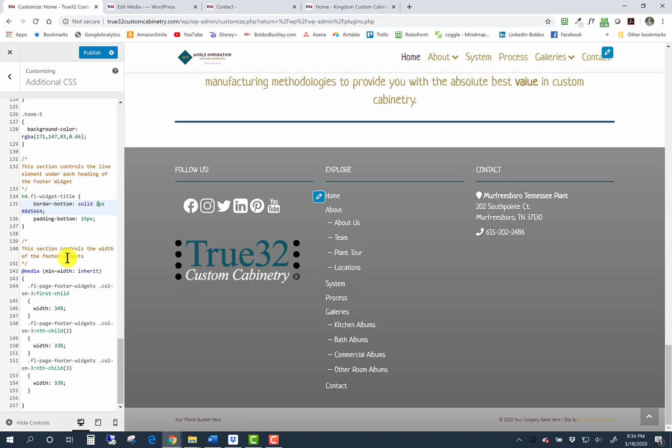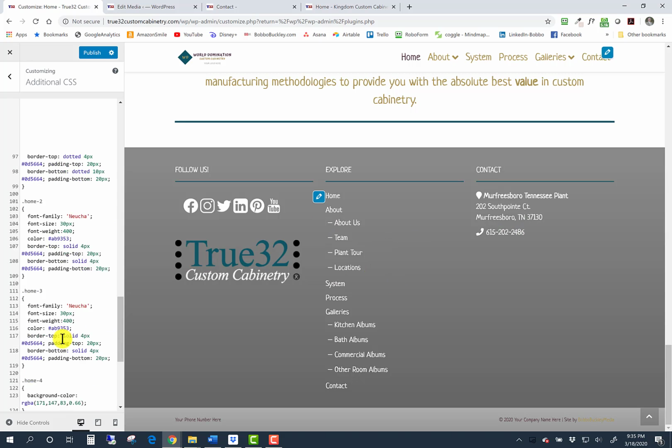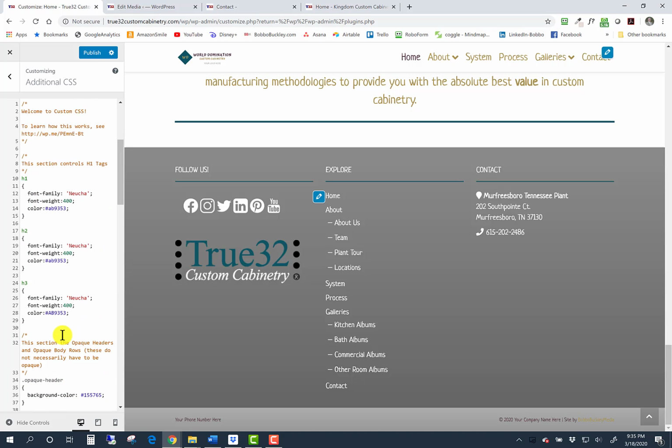Alright, and then this section down here controls the width of these three things. So it's again footer widget. You can see here it says it's footer widget, and it's basically saying that this first area is 34%, 33%, 33%, and you could divide those up if you wanted to make 2 smaller ones or make this one small and these bigger. Whatever you wanted to do, you could do that with this. So that's what this whole section is about, is being able to control things globally,